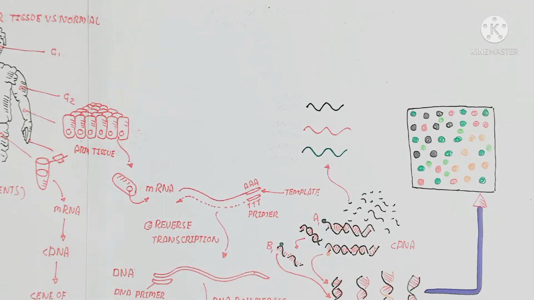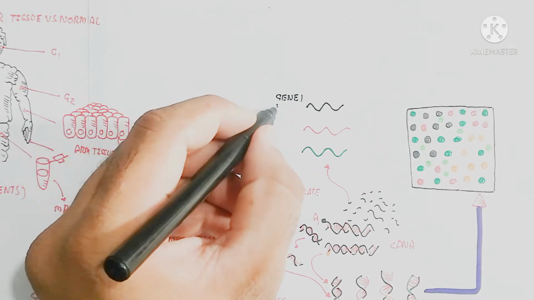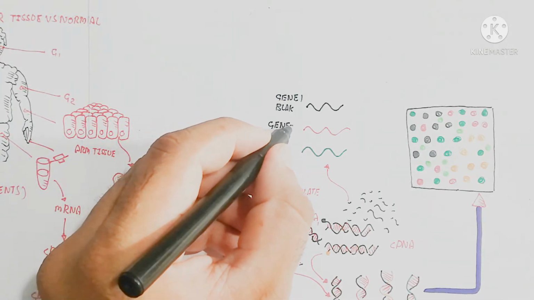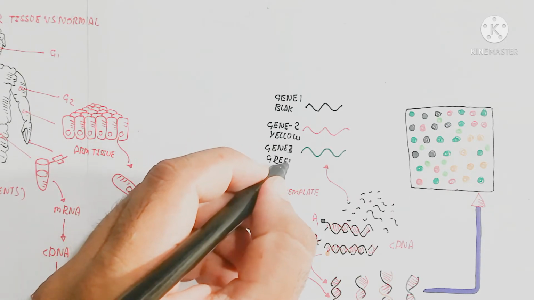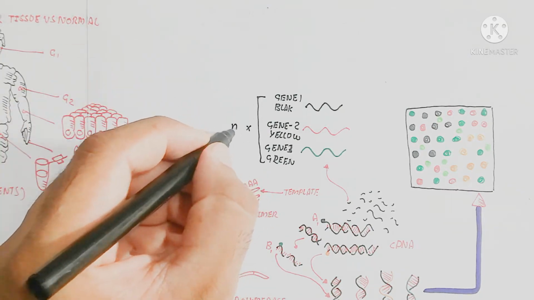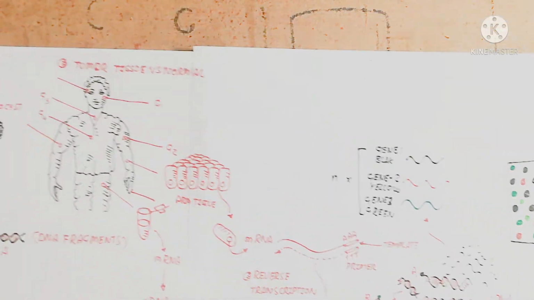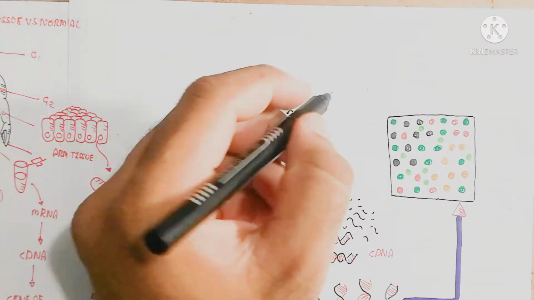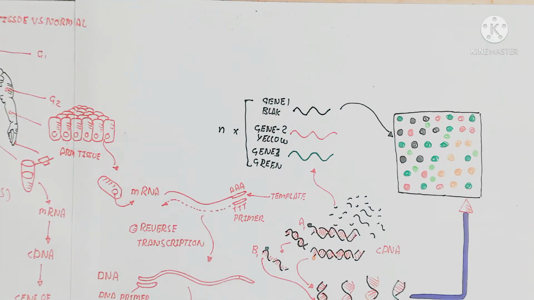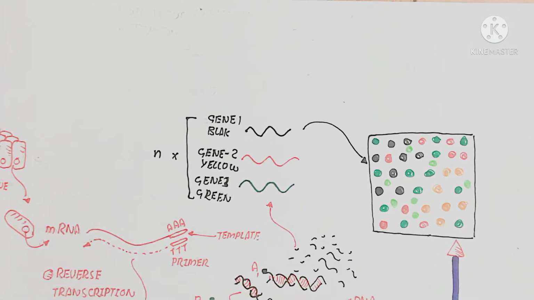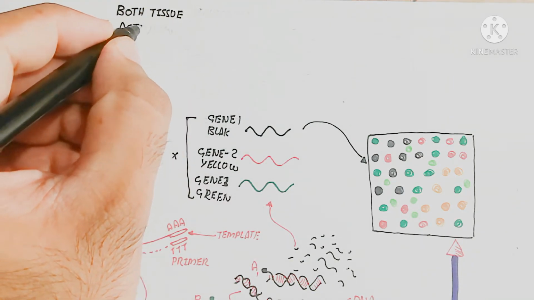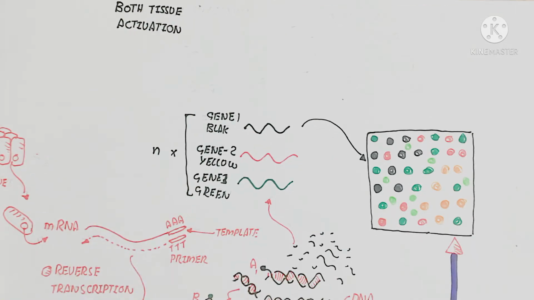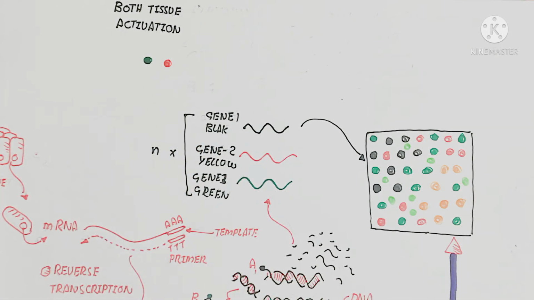So it shows that different regions contain different types of genes which are expressing in that case. For example, gene 1 is black, gene 2 is yellow, and gene 3 is green or red, you can say. So it means multiple. This multiple color is on the basis of that. So when this green color containing gene of interest binds with the probe which contains a red color containing gene, that is a different thing. It means a different tissue is producing the same gene.